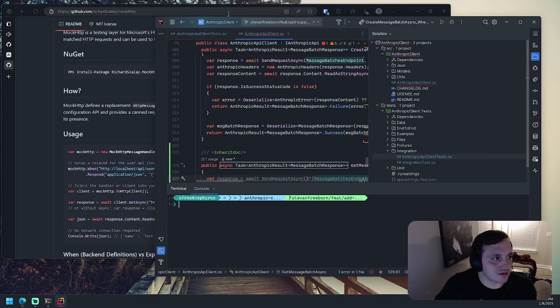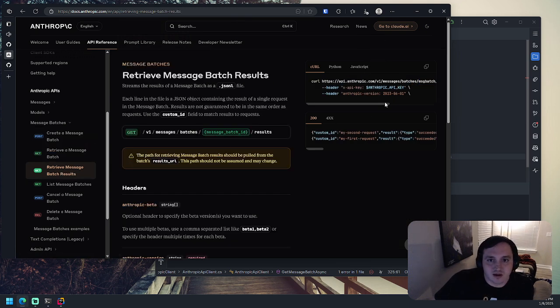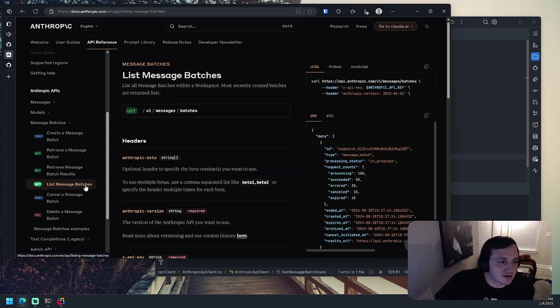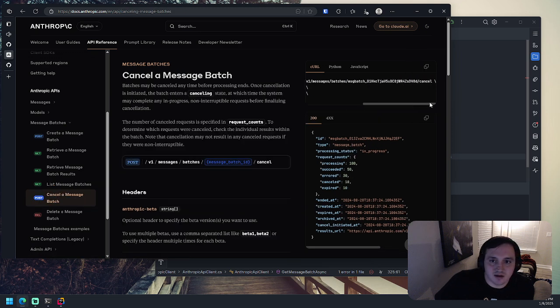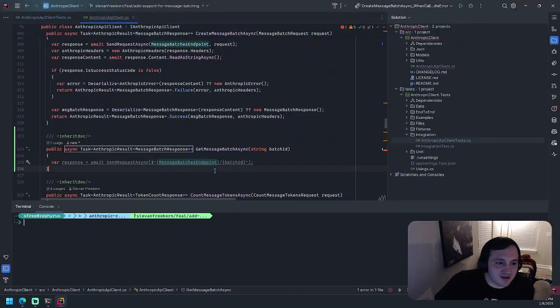Let's go back to their docs. This is always going to be batches ID. This is going to be batches ID / results. Cancel a batch. I guess we're going to build this URL twice. I guess it could be a method, but I'm just going to use string interpolation. I think this is fine. So we'll say,